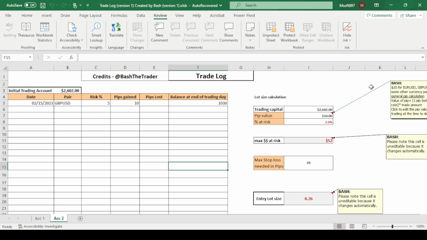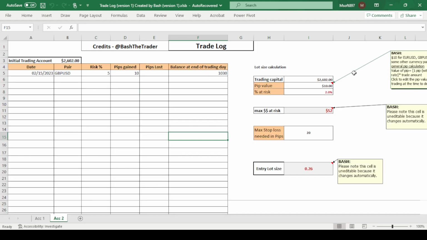So in this video, I'm going to be talking about trade management, which is a very important part of trading, right? Basically, I have created a simple Excel spreadsheet that enables you to log your trades. Every single trade you get into, make sure the trades are being logged. This is very important as a trader, because data is key. Data allows you to monitor your progress as you advance in your trading career. So basically, this spreadsheet that you can see on my screen